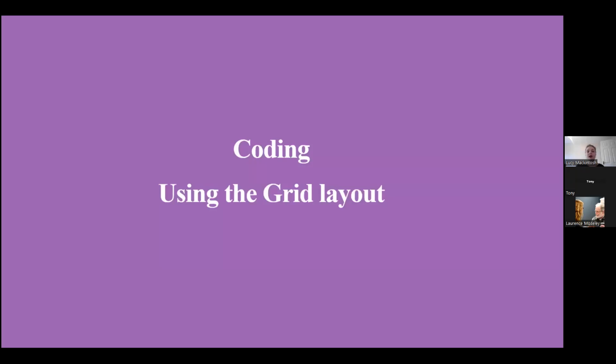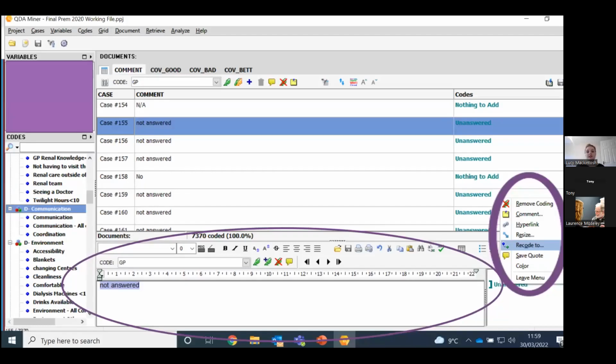And then we also have the coding using grid layout. As you can see, this is a slightly different interface to what I showed you first of all. This is in grid view. Because I'm selected on a specific comment, I've had to blur out the variables to keep patient anonymity. But here in grid view, you can view very quickly each comment, the case number, when selected, the variables, and also the codes. And then in the box below, you have the comment, and you can edit on that comment box more easily.